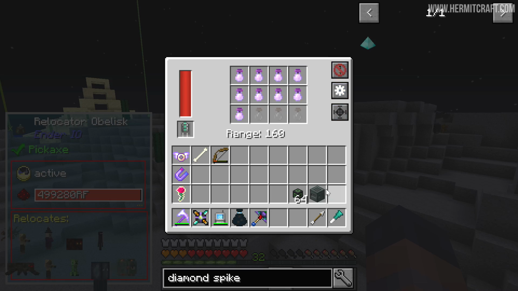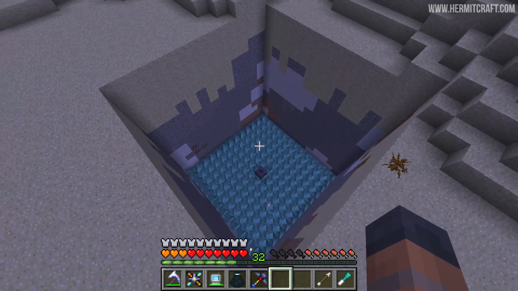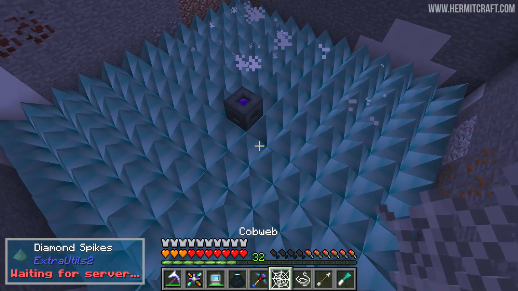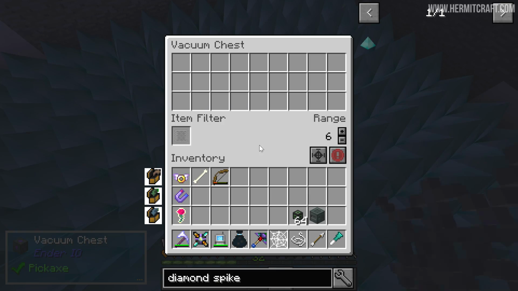Okay, let's turn this sucker on. I gotta say, I'm a little bit excited here because... Oh, something went down there straight away. And the vacuum hopper isn't on. It is off by default, is it not? Oh, wow! Spiders drop...